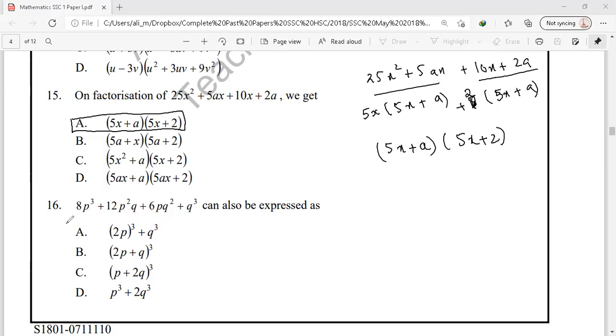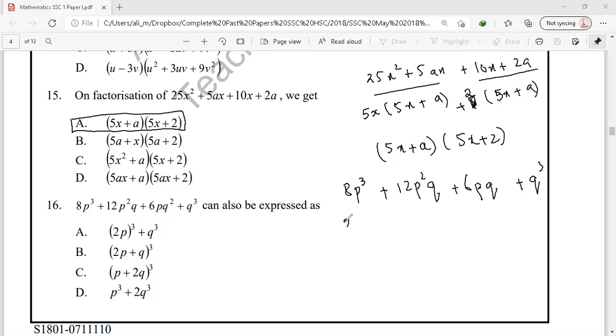Another term that we have is question number 16. And in question number 16, we have to factorize this expression. So the expression we have is 8p cube plus 12p square q plus 6p q square plus q cube. So let's see which expression is this. इसको हम जो है वो check करते हैं formula apply करके cube का. So this expression can be